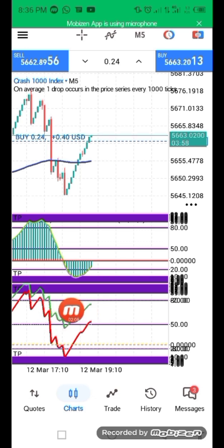That tells us that the bullish momentum is high compared to the bearish momentum. The bullish momentum is higher than the bearish momentum, and when I see these signals in addition to the signals